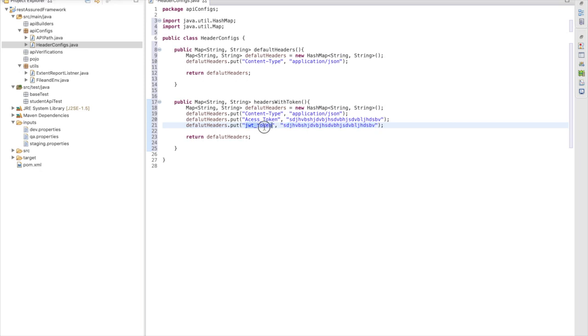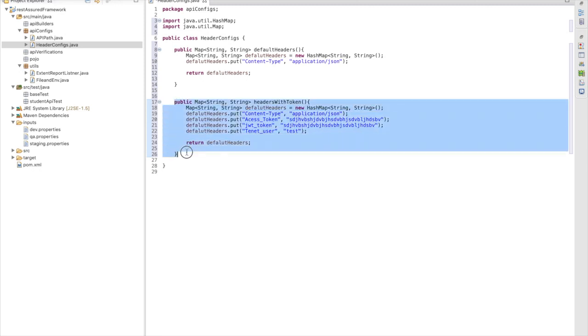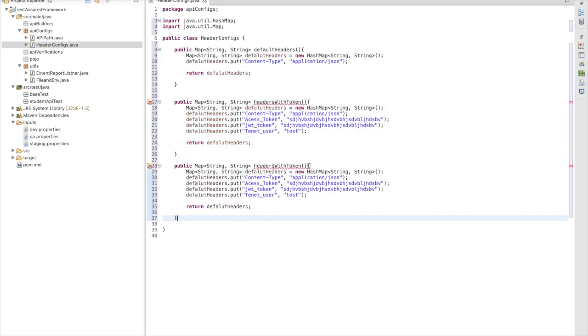Based on that I am going to consume JWT token, and another value, let's say we are going to consume as a tenant key. So we can pass a tenant key. Whatever values we are going to consume, the same values we are going to pass. Let's say tenant key is test. In a similar way we can create different HashMaps based on the requirement, and we can use the data. So access headers with token, this will be my default header.